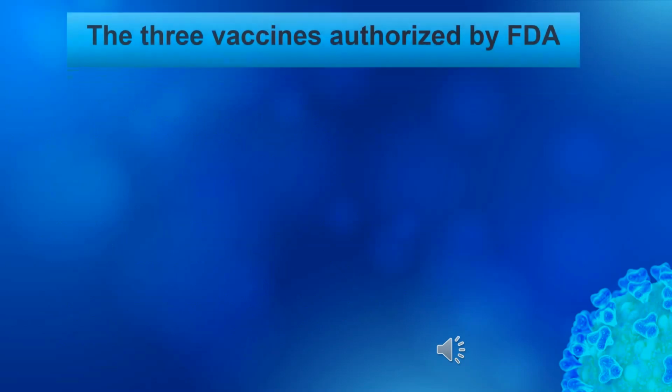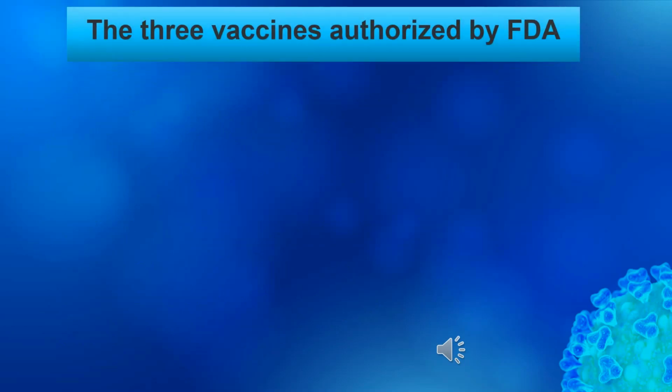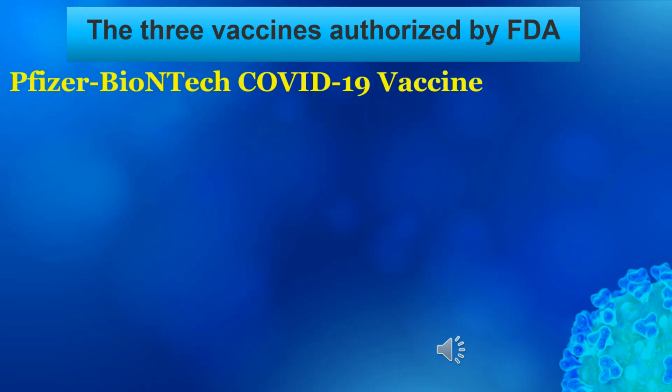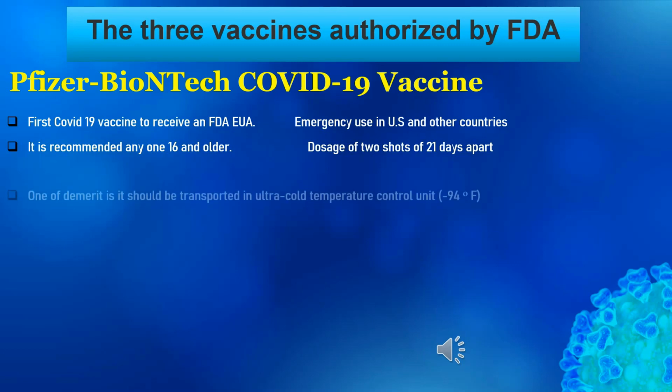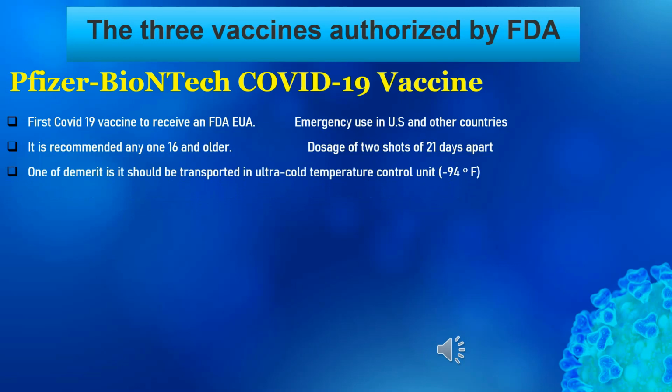3 vaccines approved by FDA EUA. 1. Pfizer-BioNTech COVID-19 vaccine. First COVID-19 vaccine to receive an FDA EUA. Emergency use in US and other countries. It is recommended for anyone 16 and older. Dosage is 2 shots, 21 days apart. One demerit is, it should be transported in ultra-cold temperature, in a control unit,